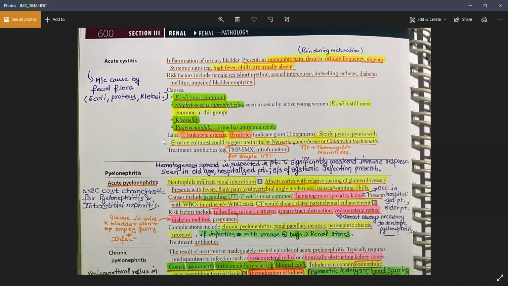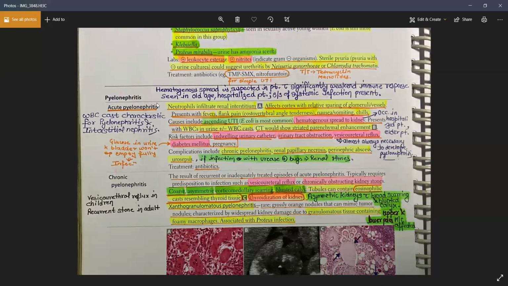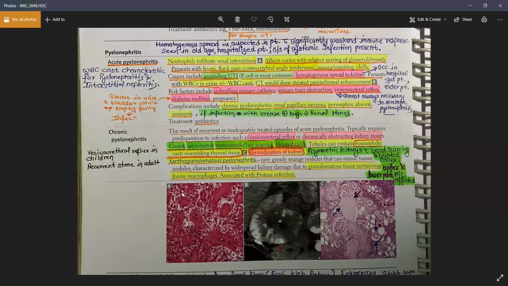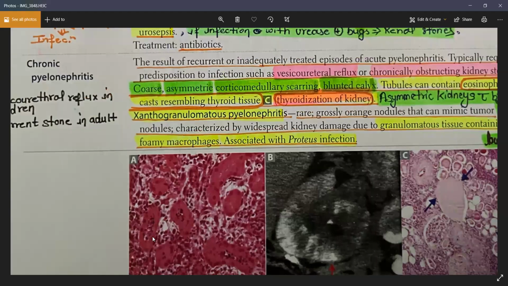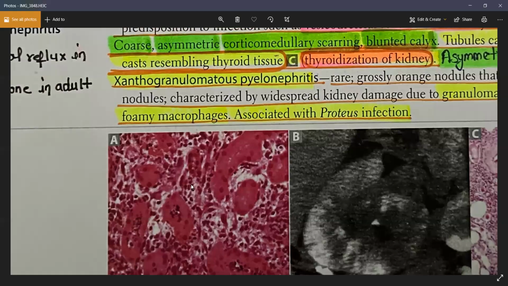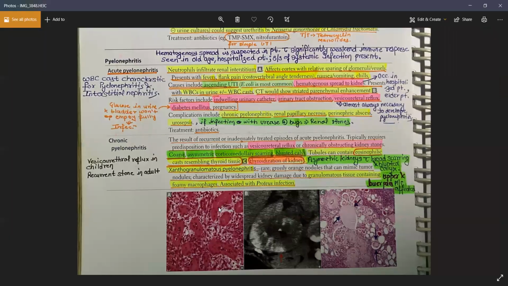Because it is an inflammation of the kidney, once you do a kidney biopsy of the patient, you will find neutrophils in the renal interstitium. As you can see, these are all the neutrophils in the interstitium of the patient, right? So you will find that on the biopsy if you perform it. Now it can be an ascending UTI, or it can be because of a hematogenous spread. Hematogenous spread is only seen in the hospitalized or elderly patient, while a young female always has an ascending UTI, and E. coli is the most common cause, of course.